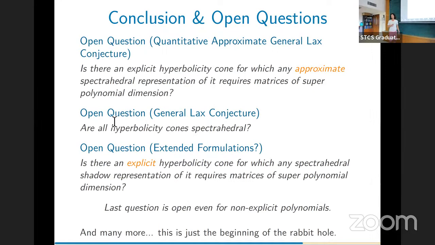I didn't show the question, but I was going to ask, for example, the first question: if you assume that the permanent is not even in VP bar, do you get something close to the first question? Yeah, so that is also not known, right? Because the notion of approximation there is not the same notion that you have for VP bar. So those don't translate necessarily to one, because the approximation dimension, at least the one that I talked with Nikhil about, is the Hausdorff dimension of the cone, and then you look at the cone in a particular ball, and then you look at the Hausdorff distance there. So I'm not sure how that compares to the algebraic definition. But that's an interesting question.